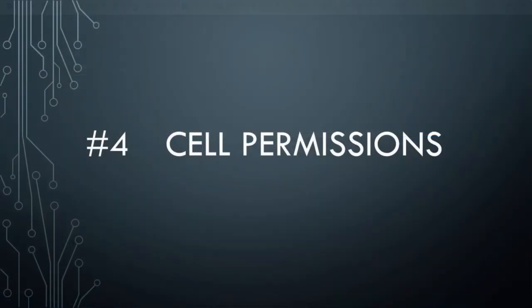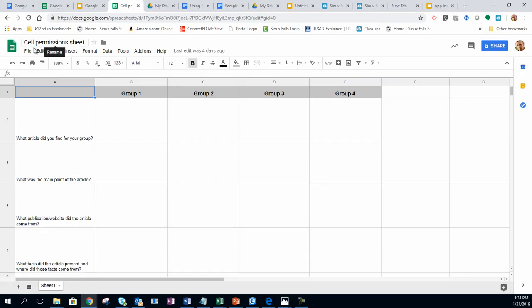Number 4, cell permissions. In Google spreadsheets, you can go in and set permissions just for a certain area of it within a spreadsheet. Here I've got a questionnaire set up for some group work. Well, if I don't want any of the other kids to mess with the answers for group 1,